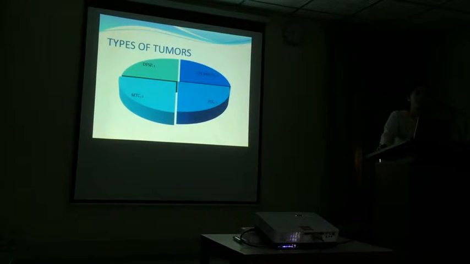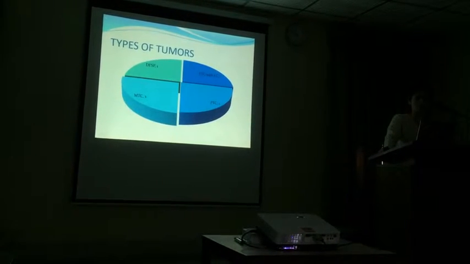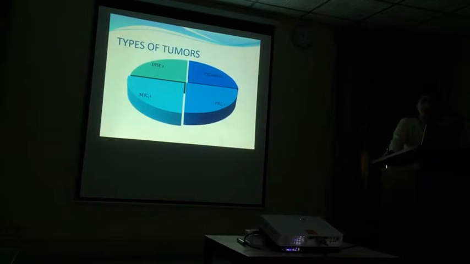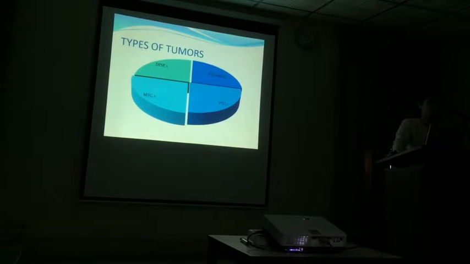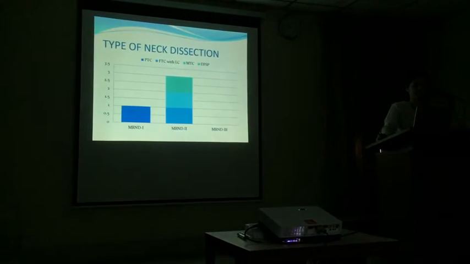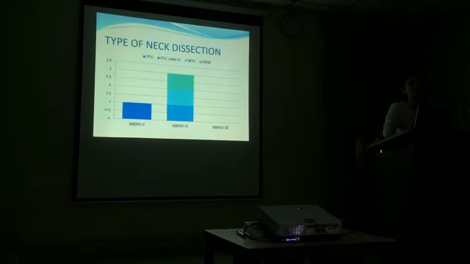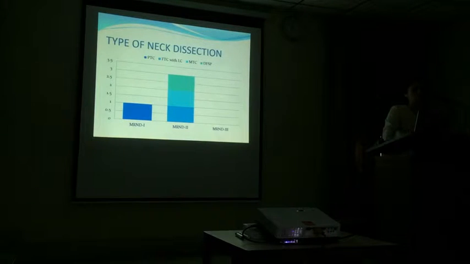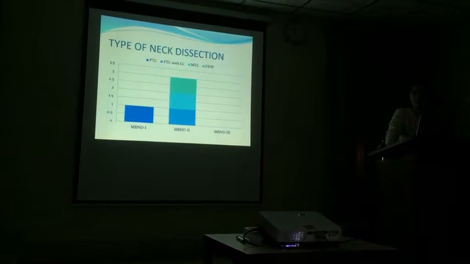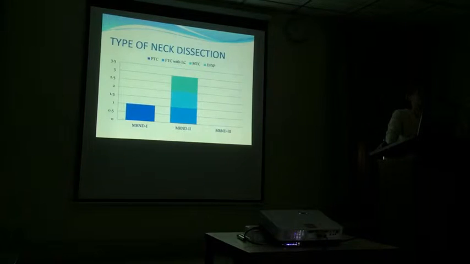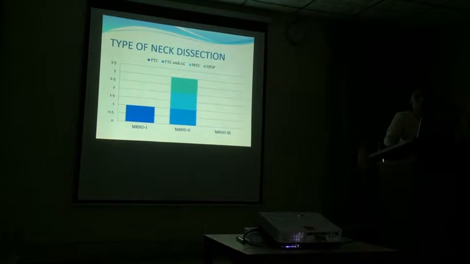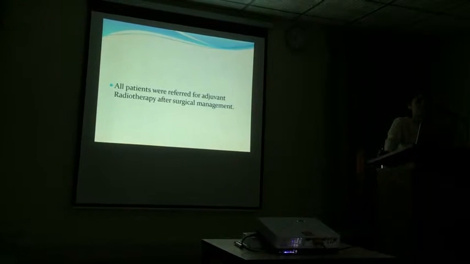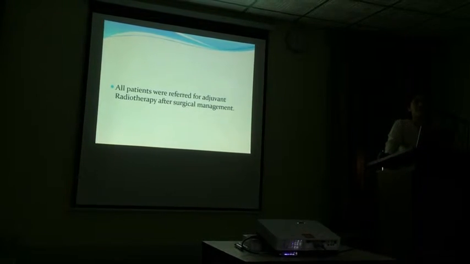This is again a pie chart representation of the post-operative histopathology of these 4 patients: 1 with medullary, 1 with papillary, 1 with follicular thyroid carcinoma, and 1 patient with metaplastic fibrosarcoma protrusions. This is the graphical representation of the types of neck dissection which were done. As I have already mentioned, 1 patient underwent modified radical neck dissection type 1, 3 underwent modified radical neck dissection type 2, and none of the patients underwent modified radical neck dissection type 3. All patients were referred for